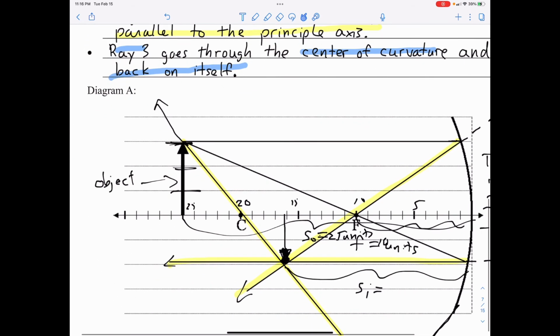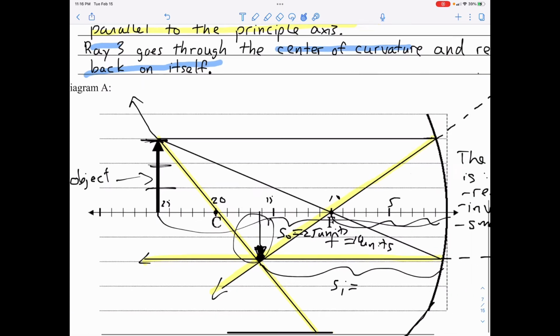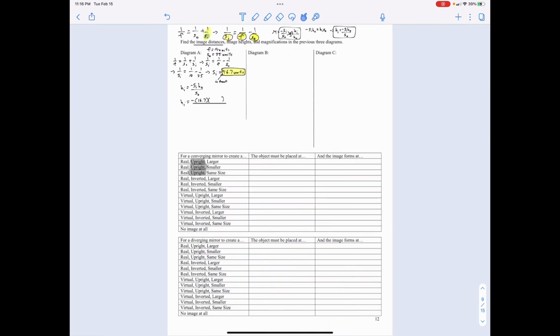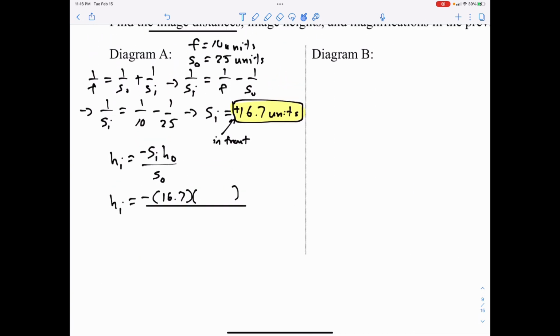And you can see that the image is 2 units high, meaning the image is 2/3 of the object. So if we put the values in there, if the object height is, let's say, 3 units high, and the object distance is 25 units away,